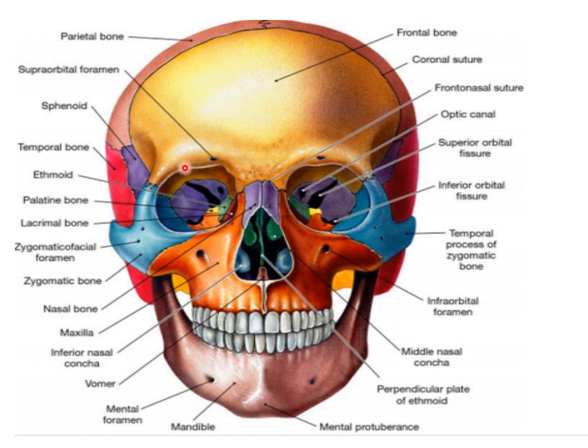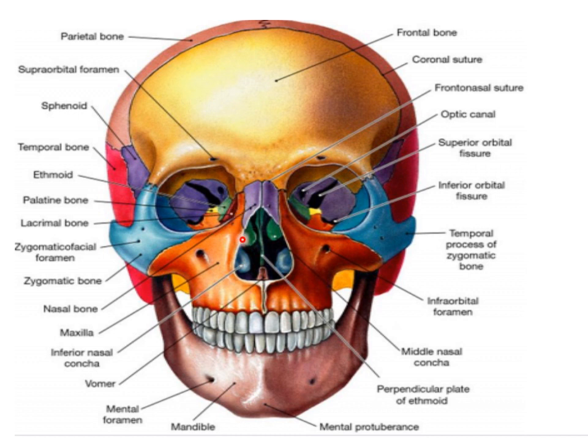We discussed the norma verticalis and norma frontalis in my previous class. Okay. Now let us see the part which is left off in the norma frontalis, this region. This is known as the nasal region, or you can say the anterior nasal aperture or opening. This area lies between the two orbits, right?